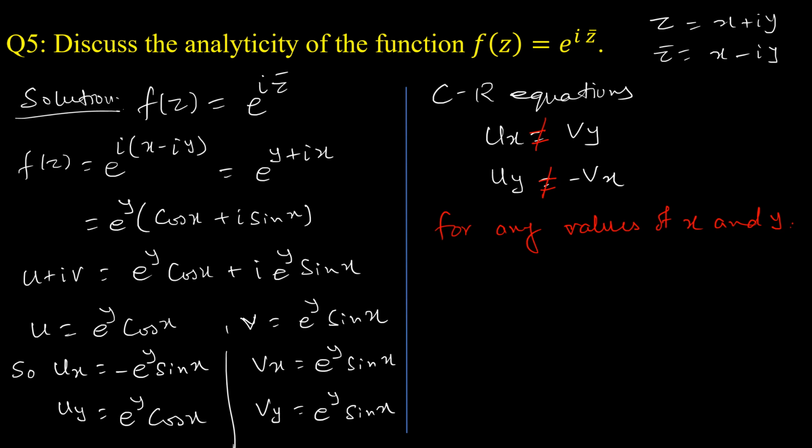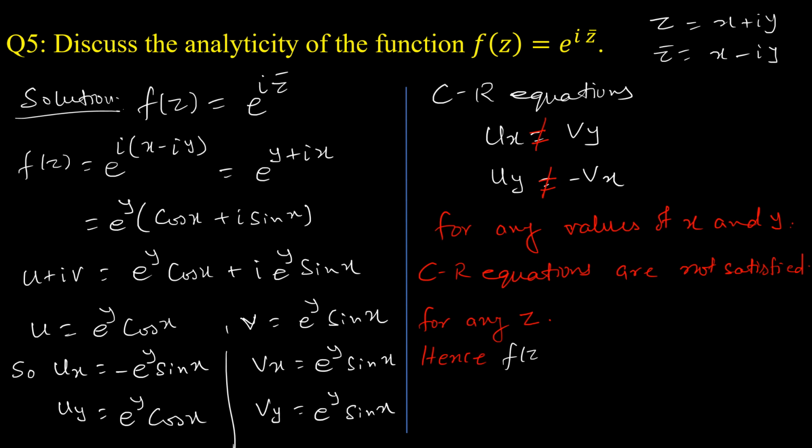So in that case, what we can see, the CR equations are not satisfied for any value of z. Hence, fz is equals to e to the power i z bar is nowhere